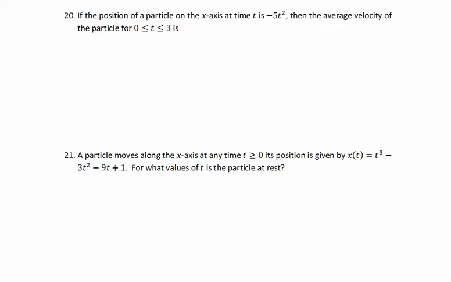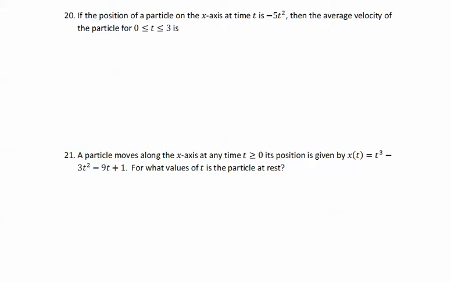In problem number 20, we're told that the position of a particle on the x-axis at time t is negative 5t squared. Then the average velocity of the particle for t greater than or equal to 0, less than or equal to 3 is... When we're looking for average velocity, that's the same as the slope of the secant line connecting the endpoints. And so that will be,